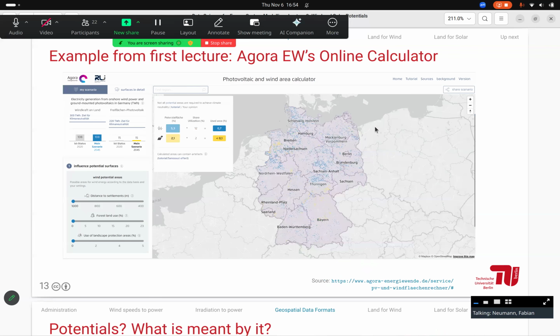I think I showed you this example from Agora Energiewende, which did this online calculator where you could shift a few levers, like the distance wind turbines have to keep to buildings, whether we allow the use of forests or not to some extent, and then depending on how we slide things, what we choose, whether we are conservative or optimistic, we get a map where we're shown areas where